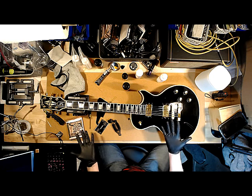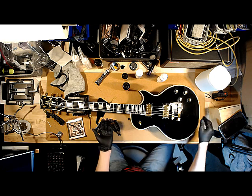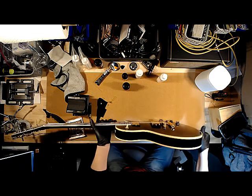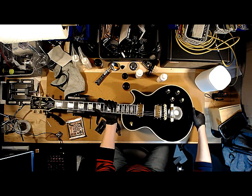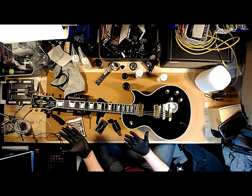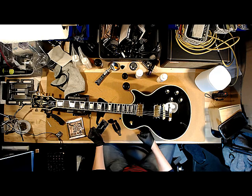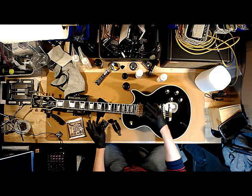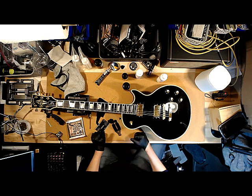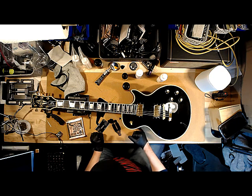Really the proper way to adjust string height, once everything's done, is while you're actually holding the guitar, because right now there's pressure on the neck. It's pushing the neck forward. So cool. So we got the strings on. Our string height is good. I am going to look at the truss rod now, which